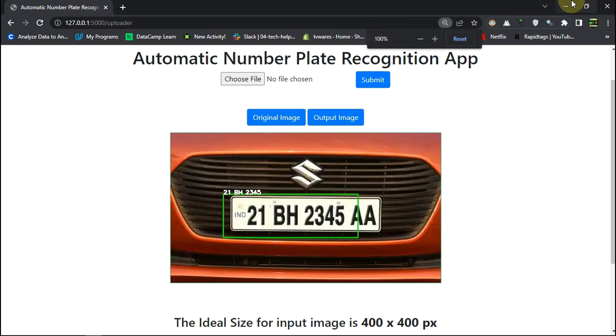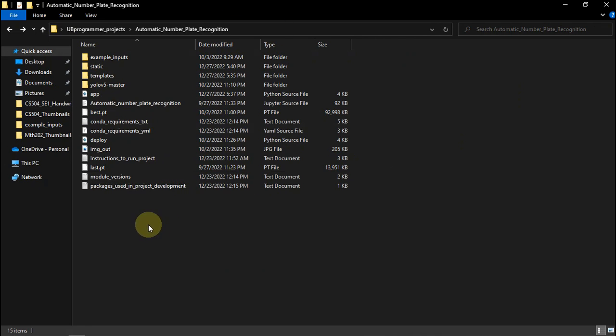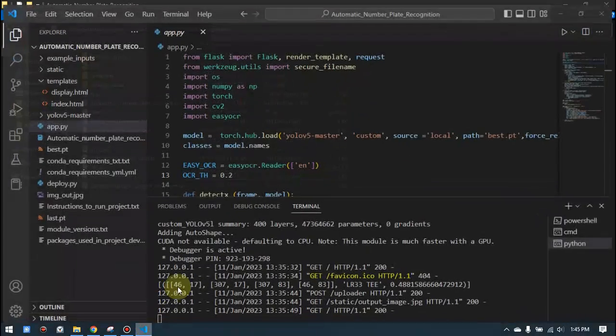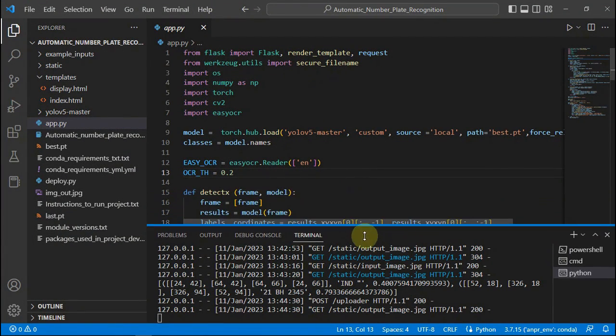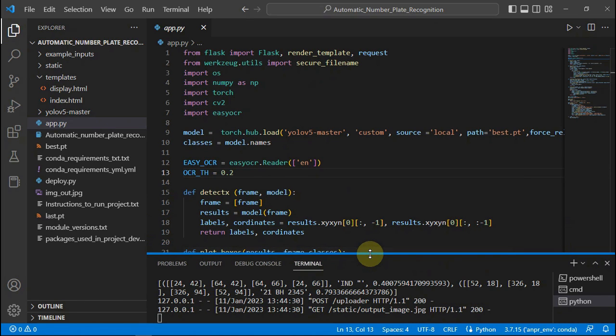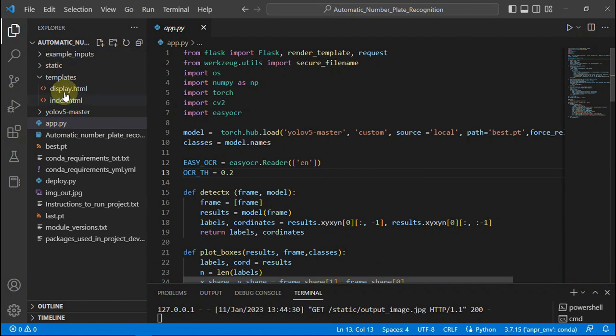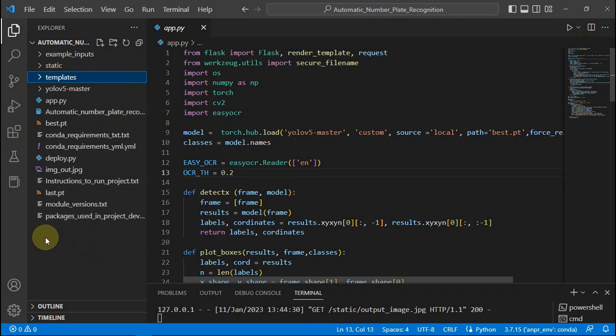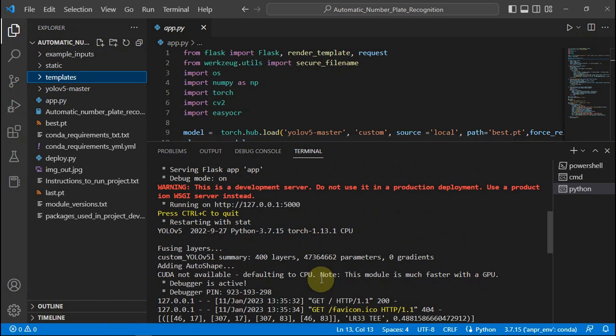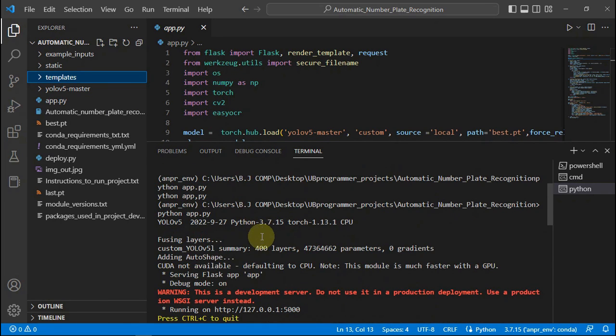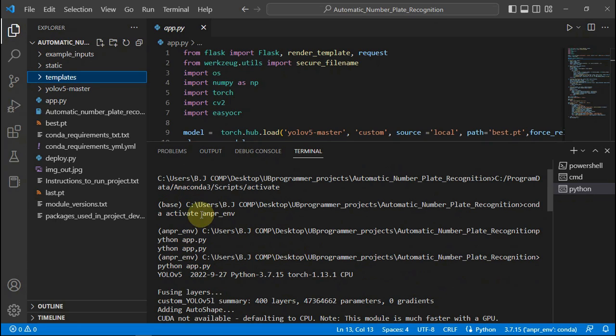And now let's see the app. So these are the full project files, and let's open it in VS Code, Microsoft VS Code. And yeah, let me just show you how you can build this. Okay, so this is the app.py, which is the main file, and we are running or executing this file with the help of python app.py here. And I'm using Anaconda